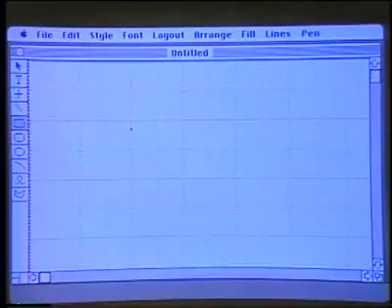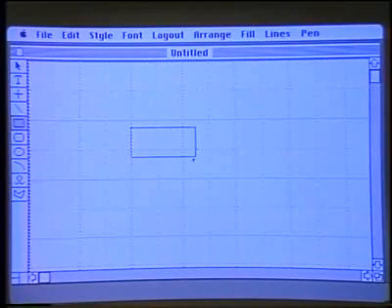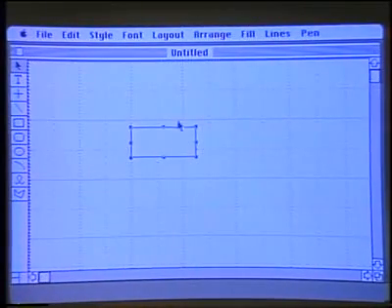Give us an example then of how you would use MacDraw. Let's say in the business environment, I want to do a quick org chart for a business presentation. I go and select one of the palette tools, like in a MacPaint document. I draw a rectangle, which is a box, and it shows me that it is regarded as an entity by